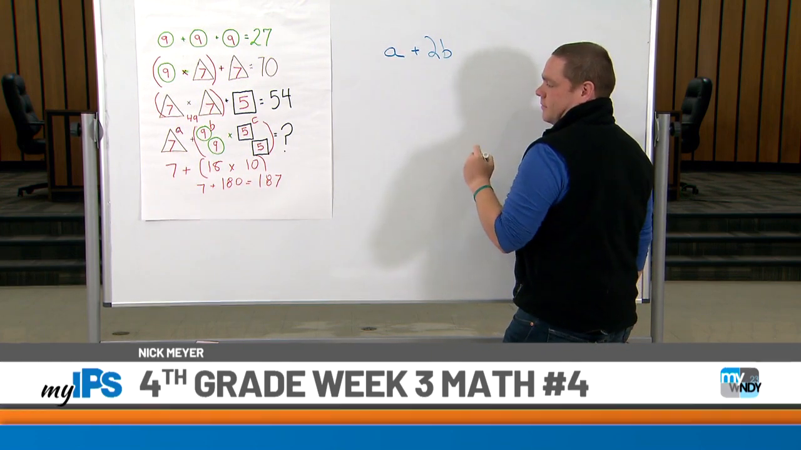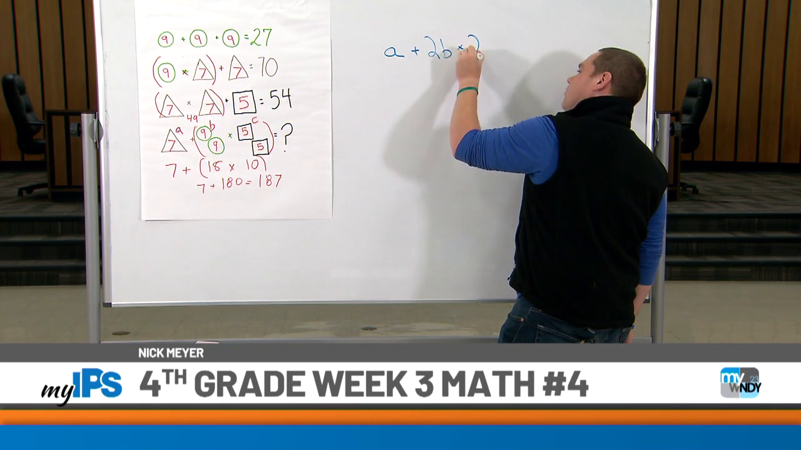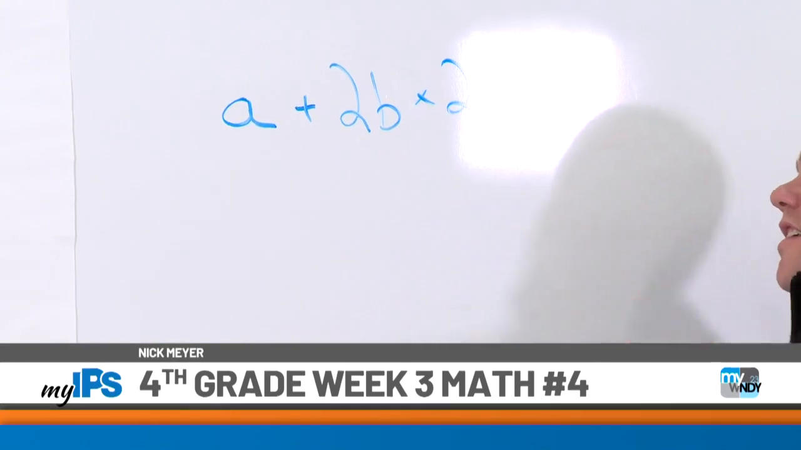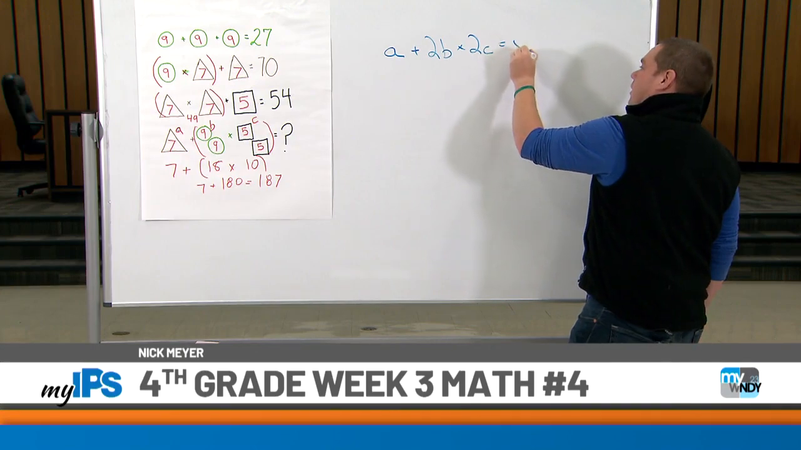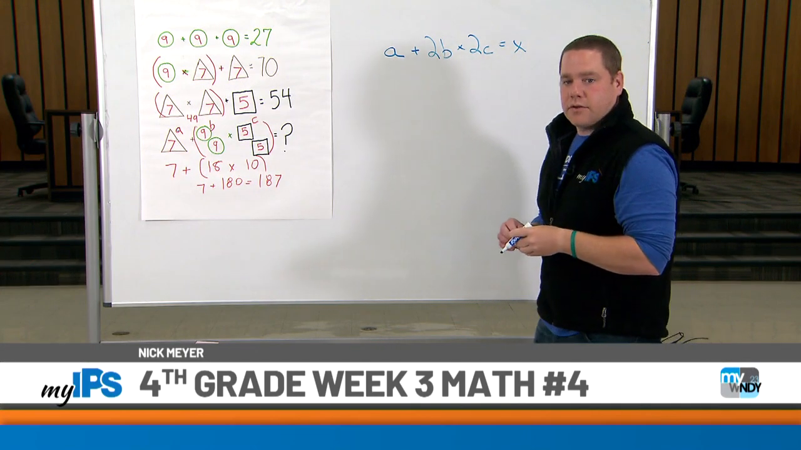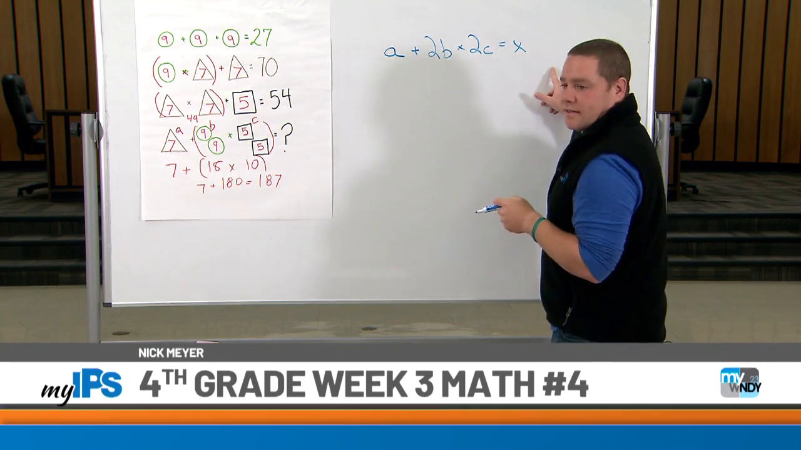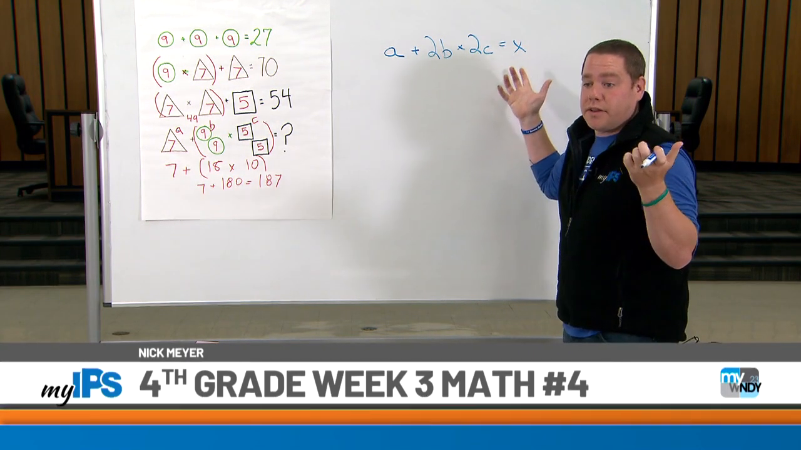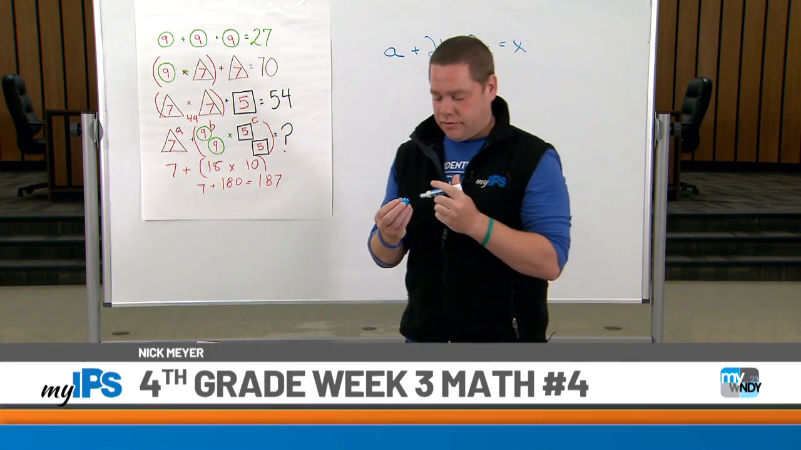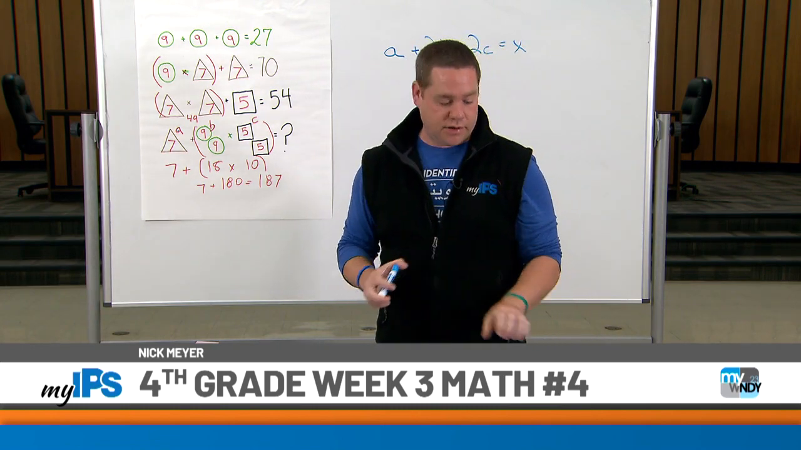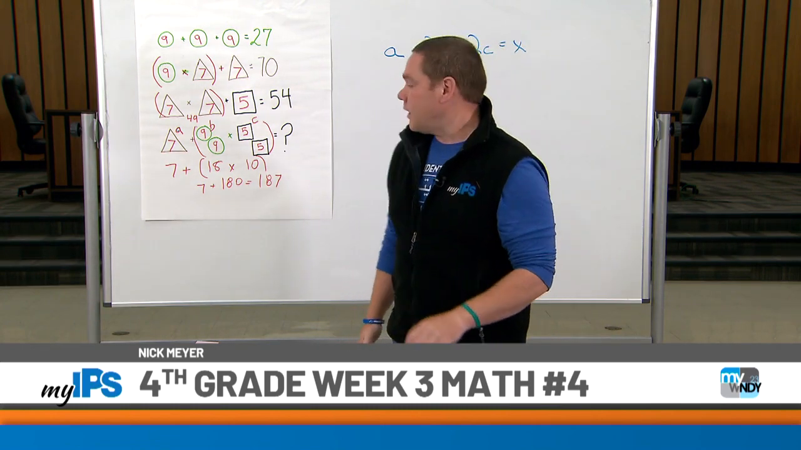2B times 2C equals, and we'll even call it X. So in 4th grade, you're already doing this complex type of mathematics that we think about only the middle schoolers or the high schoolers doing. That's pretty impressive. Our last thing for today